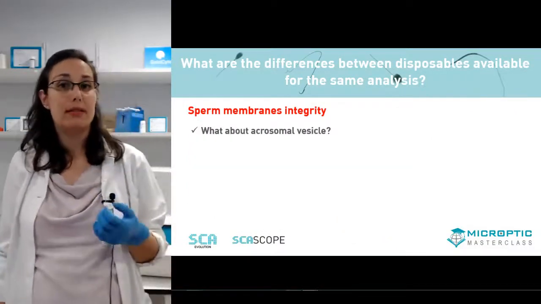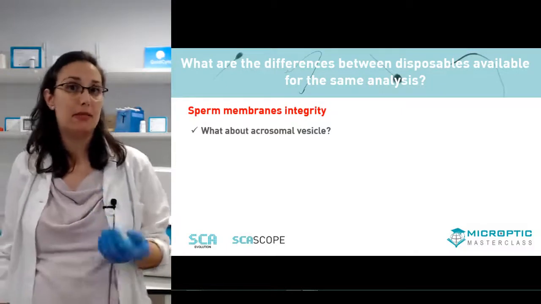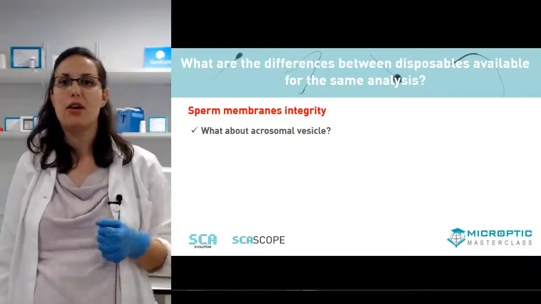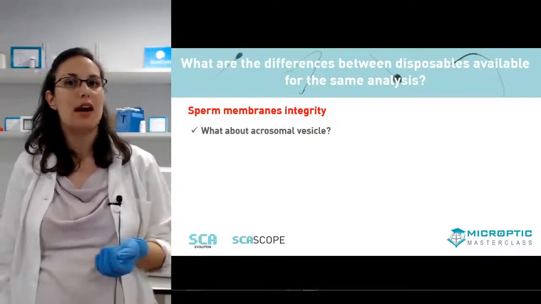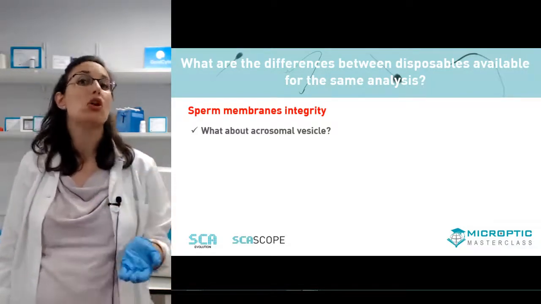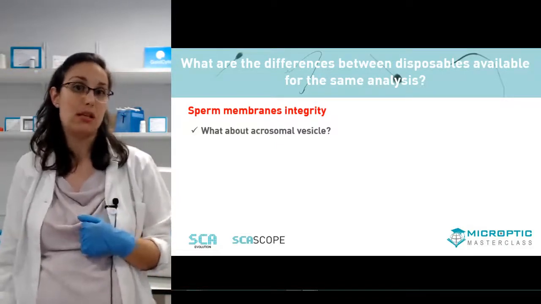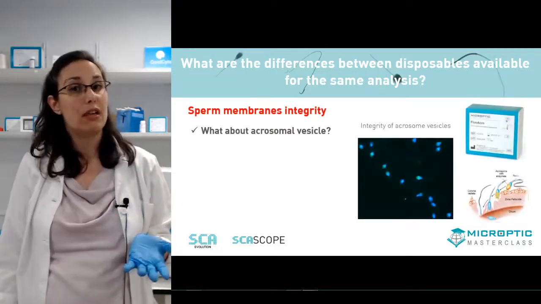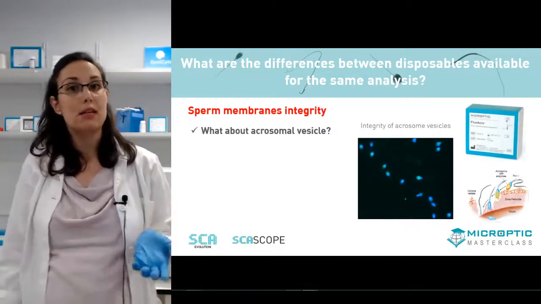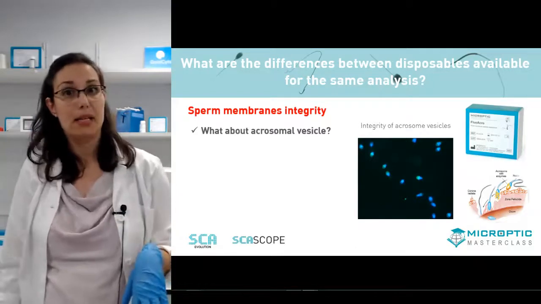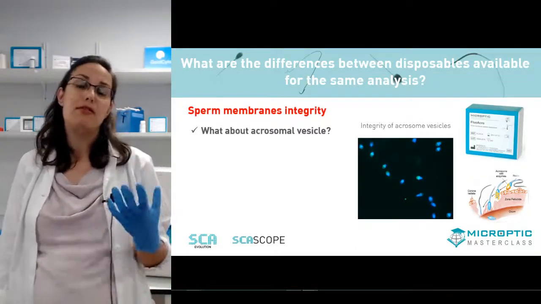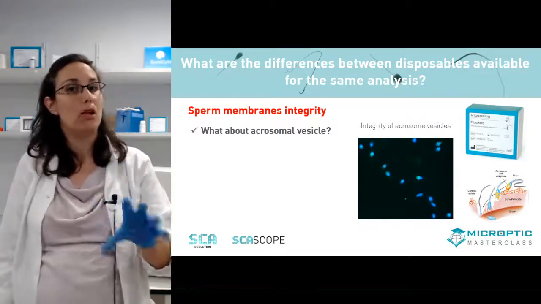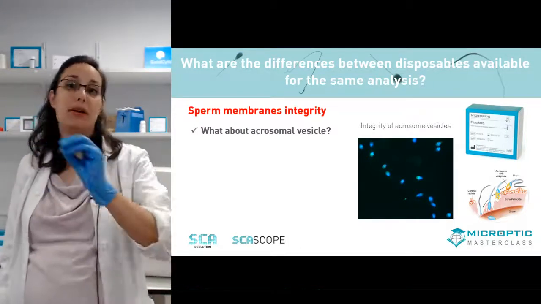In the same way that the plasma membrane is affected by the method or protocol that you are using, it could be the freezing or the reactive oxygen species, the acrosomal membranes could also be affected by these processes. So in some cases, laboratories decide to do a specific test for evaluating the sensitivity of acrosomal vesicles to react before an IVF. Okay, this is just to predict if the subpopulation selected will be able to penetrate